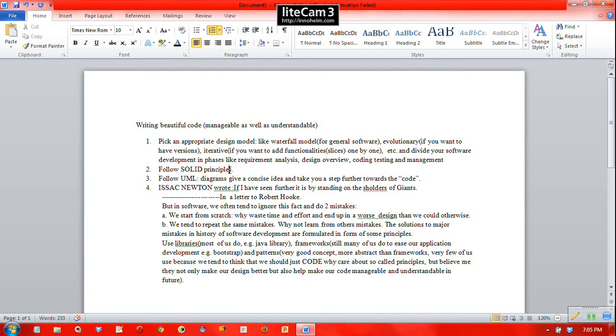Liskov substitution principle I can't explain here in that much detail. In further lectures I could explain. Interface segregation principle is this, that